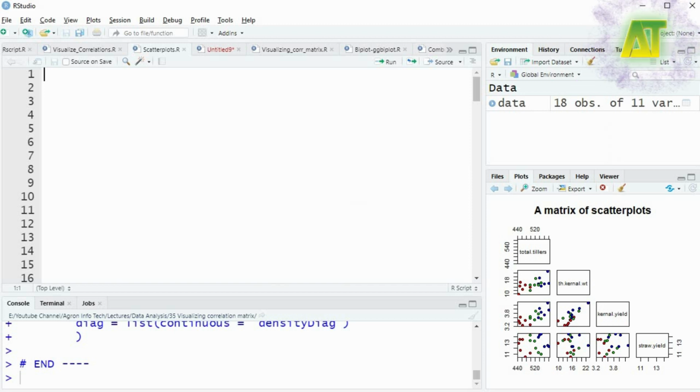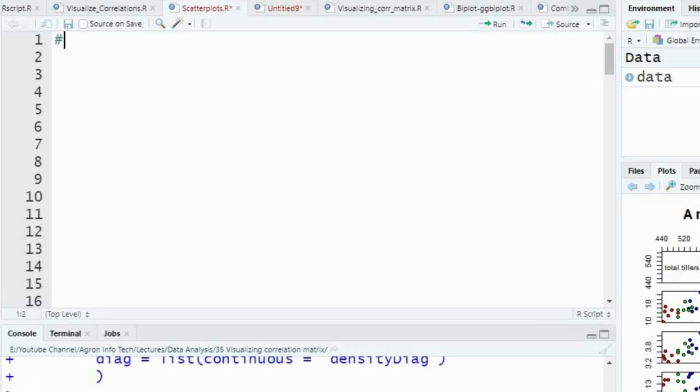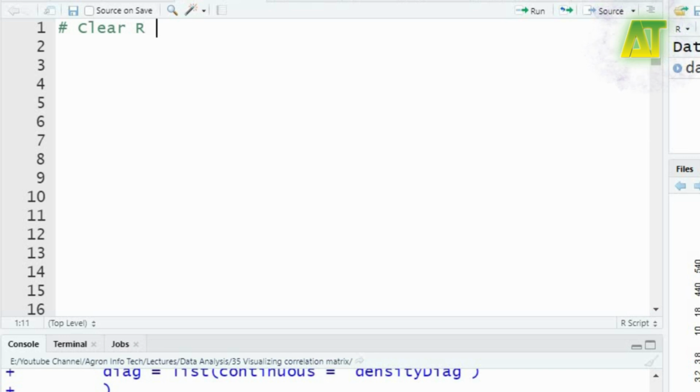Welcome back. In the previous video we learned how to perform a correlation test and how to get a matrix of correlation values by using different packages. Now in this video you will learn how to visualize the association or relationship between variables and visualize a matrix of scatter plots. As a first step, I always recommend to clear the data objects and values in the global environment